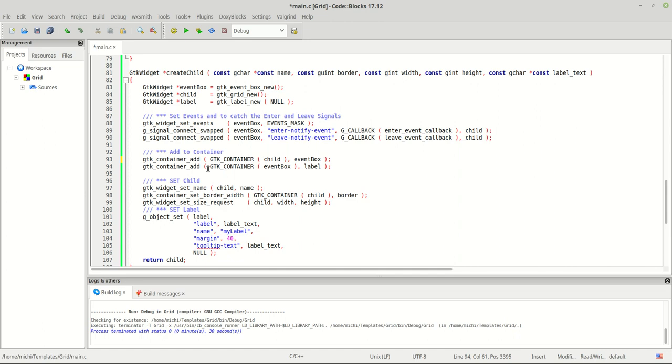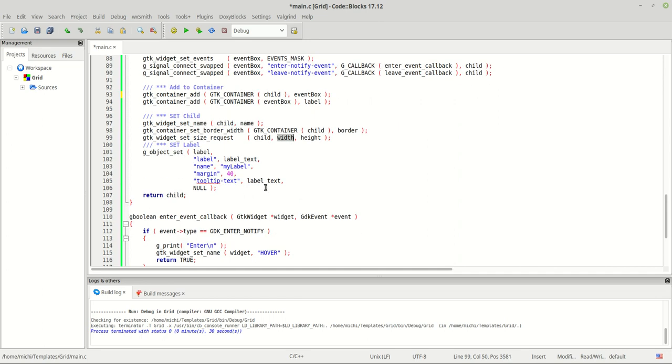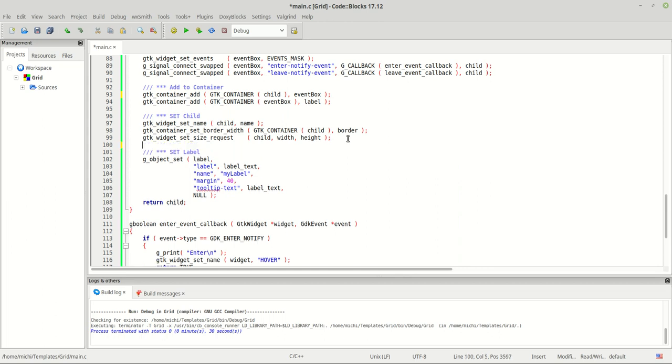And once we did this, we could basically set the child name, which we choose by passing this parameter, and then we are also setting the border with it, and of course the GTK widget set size request, which sets the window size, width and height. And also we have our label here, which you already know from the last tutorial, where we are setting